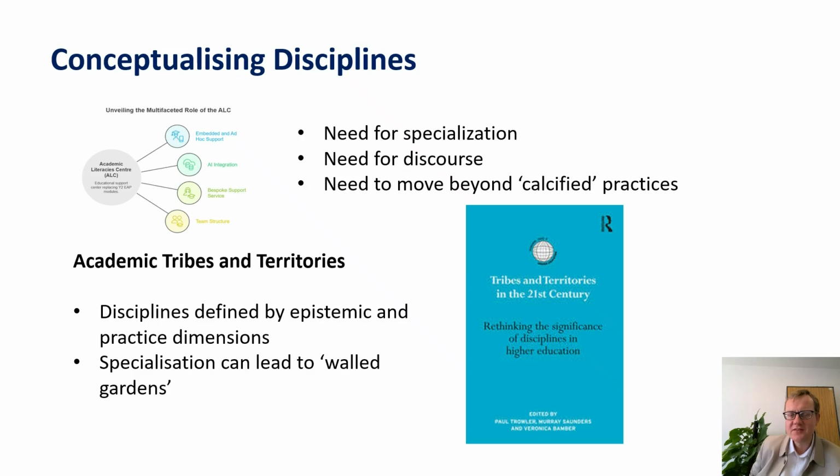And that difference in viewpoint also underscores some of the methodological differences that we encounter as well. Now, of course, these are not absolute. There's always variety, there's always diversity within disciplines, but we can identify general trends. And I think one broad way to look at it is to think that, yes, different disciplines, they tend to have epistemic dimension. So what is their particular theory of knowledge? And also their social practice dimensions.